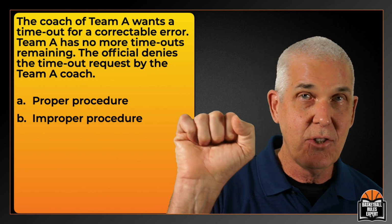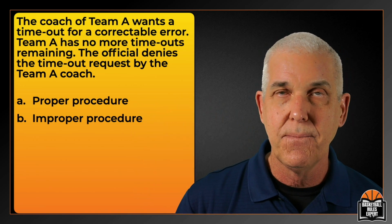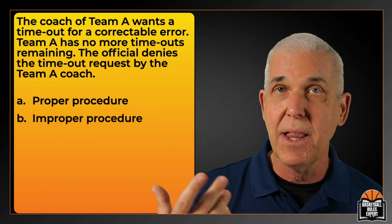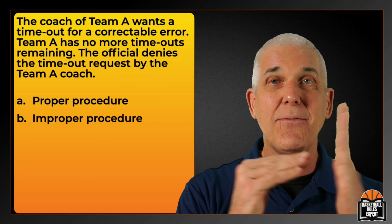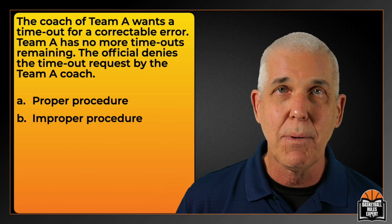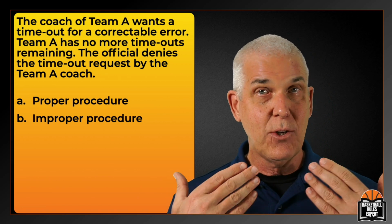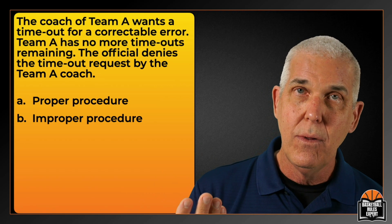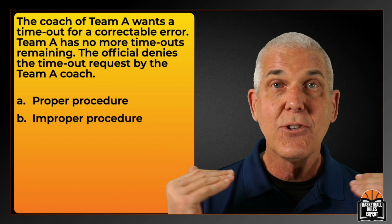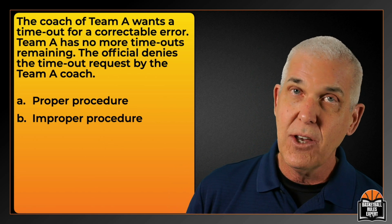Like, let's say I had just notified the coach, hey, coach, you're out. Zero. No timeouts remaining. Ball comes into play. A player on the court is in distress. It says, ref, timeout, right? Chris Webber play. What is our responsibility? I know they're out of timeouts. Am I to ignore that timeout request? No. By rule and by case play, we are to grant the timeout even knowing that the coach has no